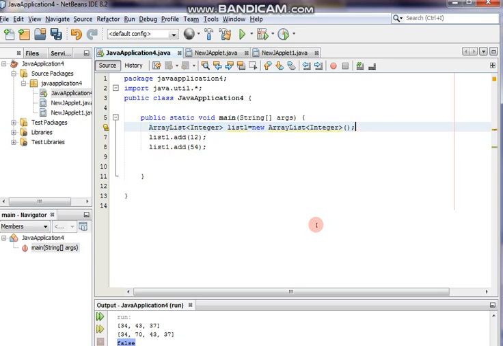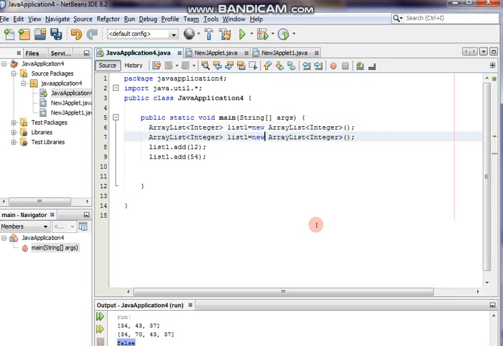Now I'm creating one more list, that is list2, because I should have 2. So one list's data I can add to another list. Fine. So now in list2, I'm adding the data. Suppose I add 70. This is list2, so I can copy and paste.